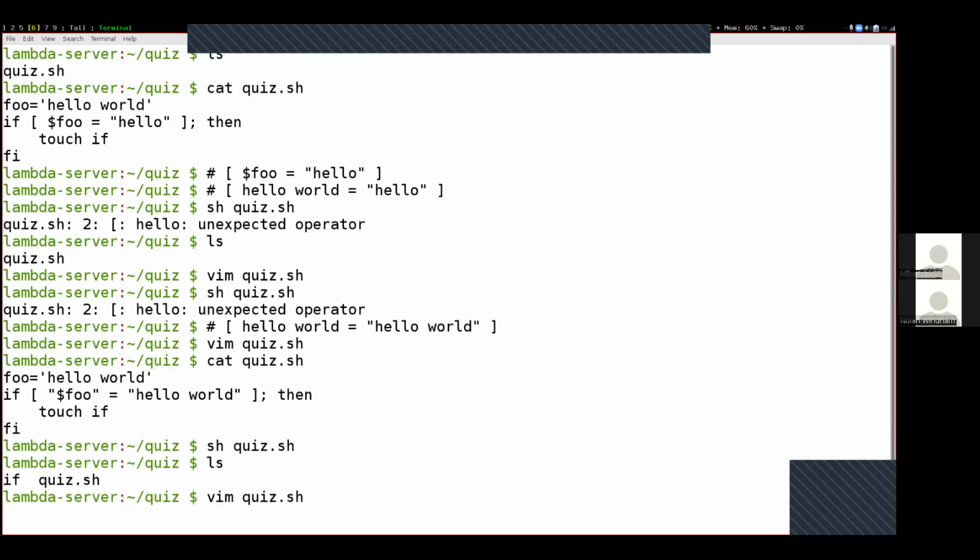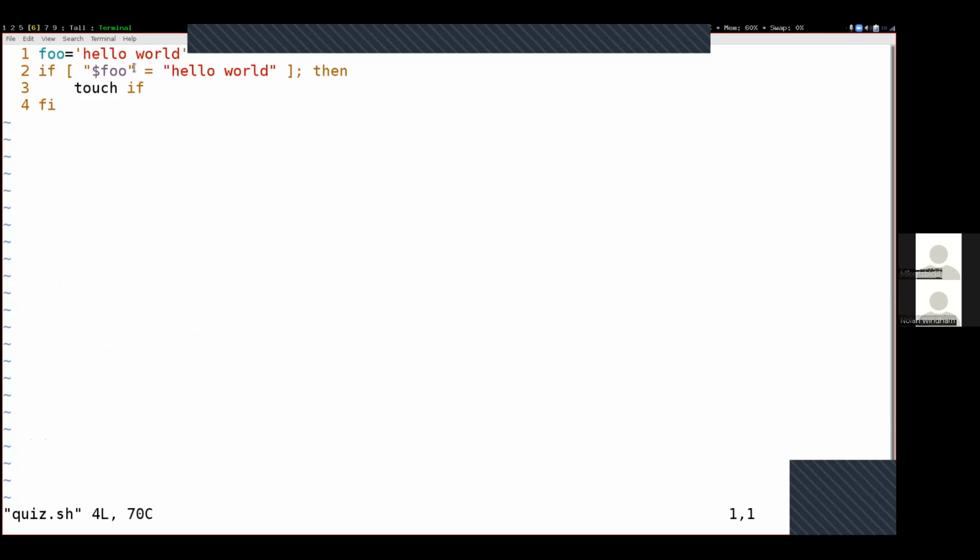The question is that previously we said it doesn't matter whether you have single or double quotation marks, or whether it comes from a variable or anything like that. All that matters is what the actual string itself is. Then the question is, why does it matter whether we have quotation marks or not around here? The answer is because